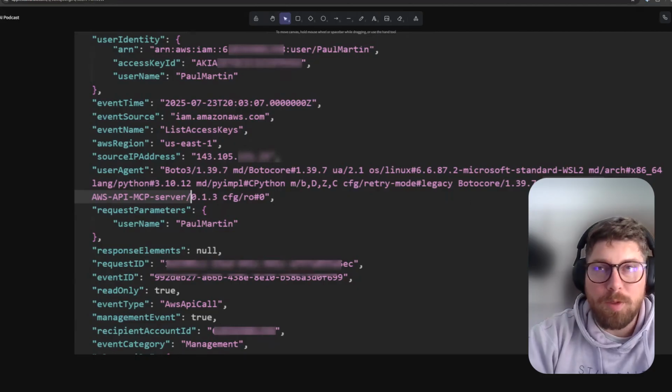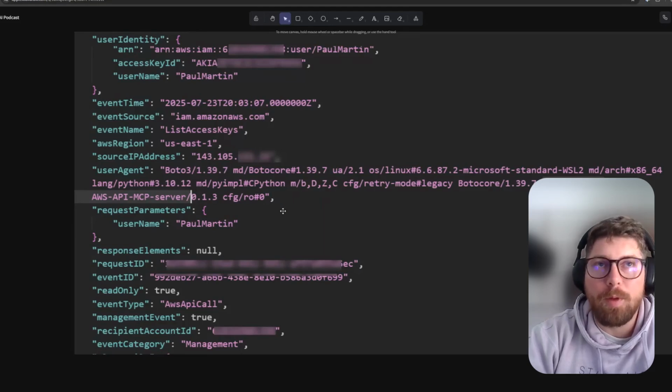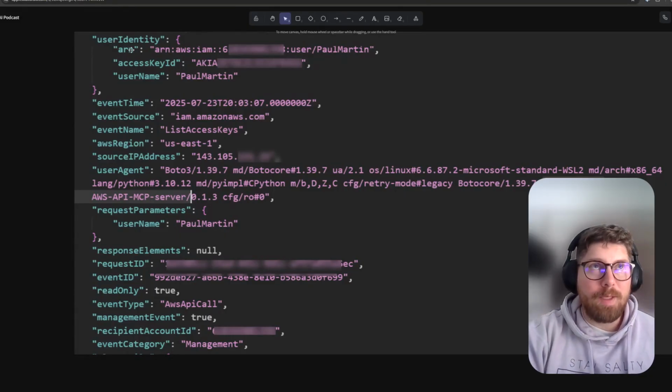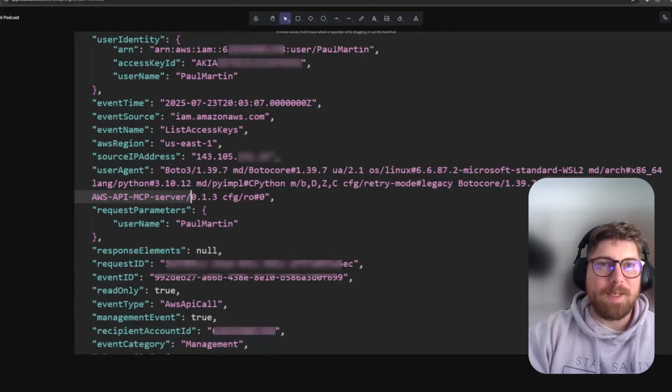So in this case, what was this request? Well, I used the AWS MCP to list all the access keys from IAM. And in this particular case, it's going kind of one by one through each user first, and then listing out the access keys for each of the users, with the user being targeted here being Paul Martin, which is a common demo user I'd like to leverage. And you can also tell based on the parameters up here, the user identity access key ID, that I'm using a long-lived access key with the MCP from the Paul Martin account to look for more access keys associated with the Paul Martin account. So that's what's going on here.